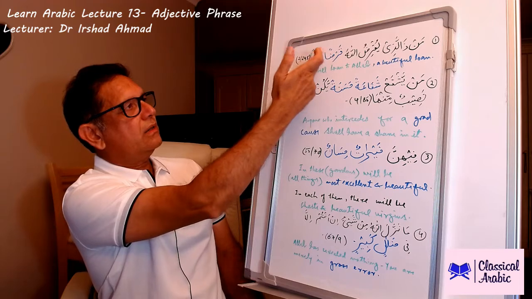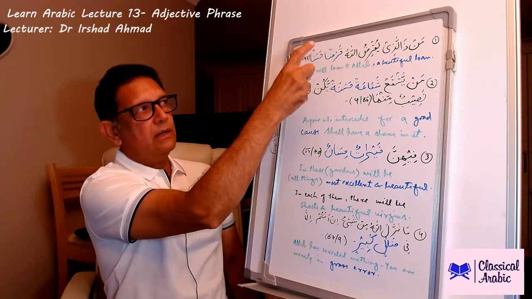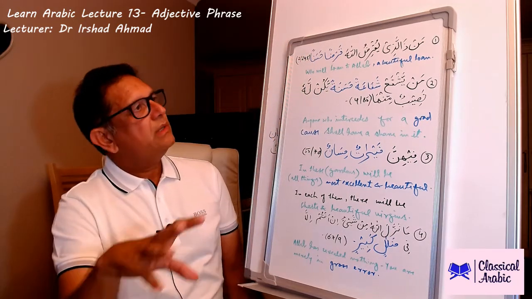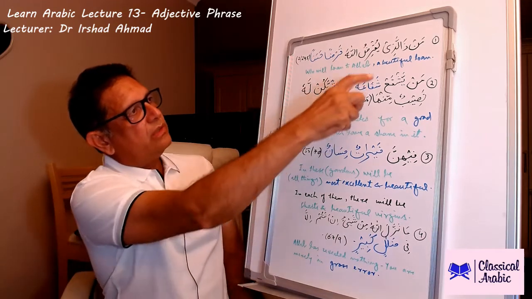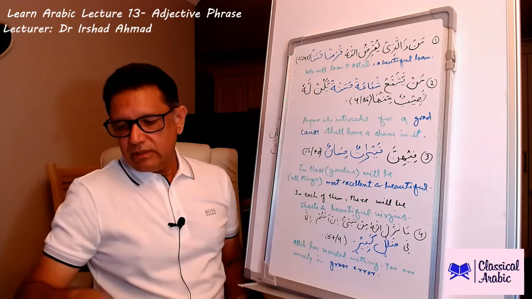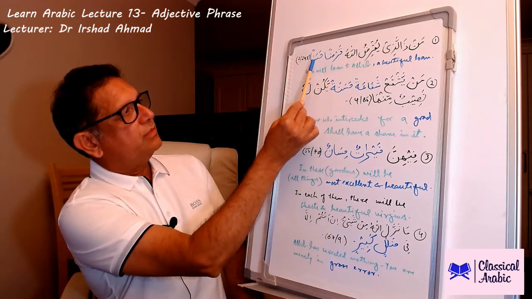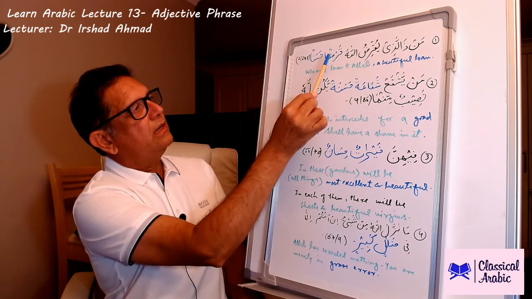Hasanun, it should be kardun hasanun, but here it has been used in nasab, kardan hasanan. Why it is used in nasab, we are not going to know today. Inshallah, one day we are going to fully analyze this whole ayah, but the important thing to recognize here is this is murakkab tawsifi, and this is mawsuf, this is sifa.